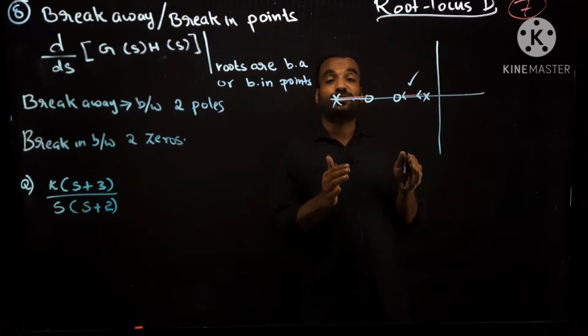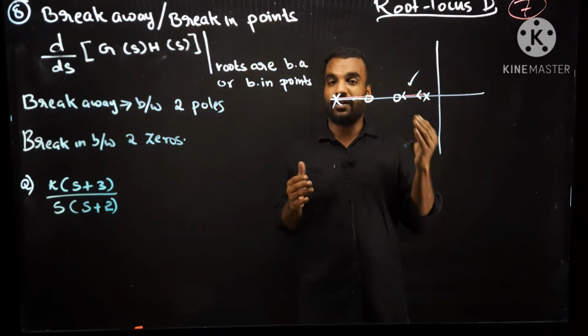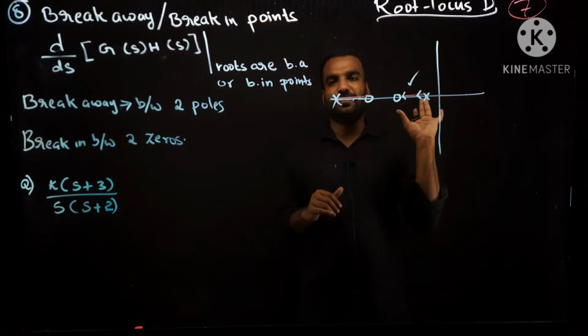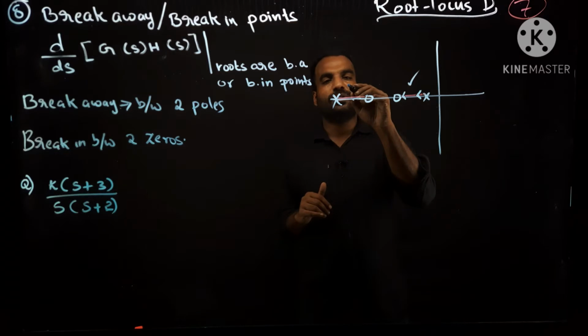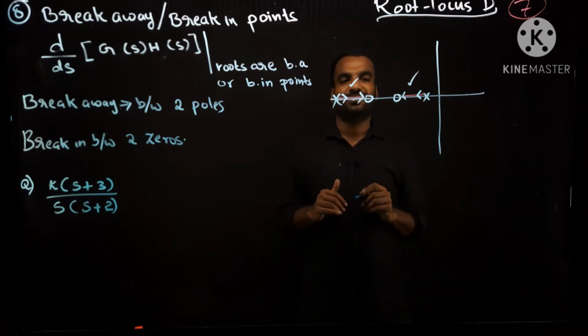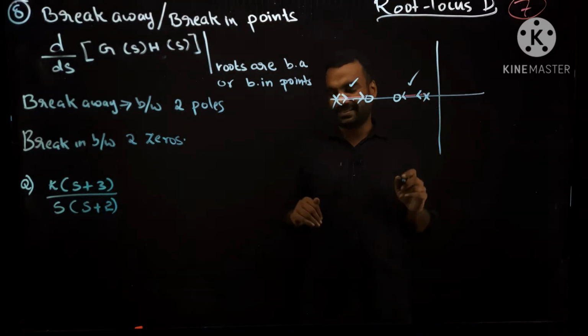In control system also, every pole wants its own zero. Every zero wants its own pole. Then the system will become stable. So this is a stable setup. Nothing to worry about. This is also because from this pole it is starting, and at this zero it is ending. No confusion. This was the last case.